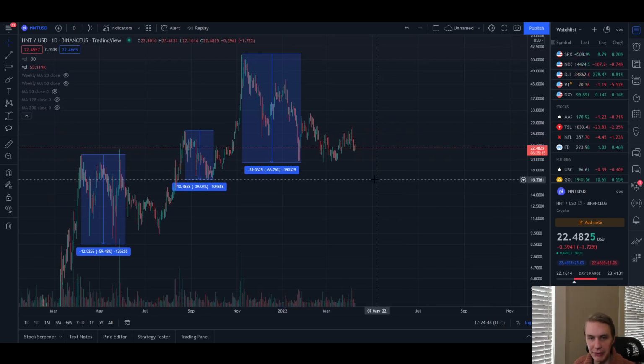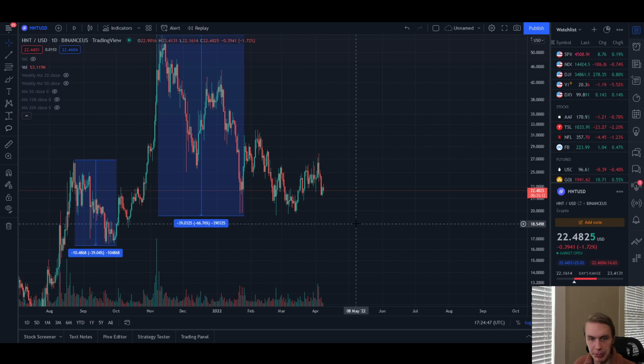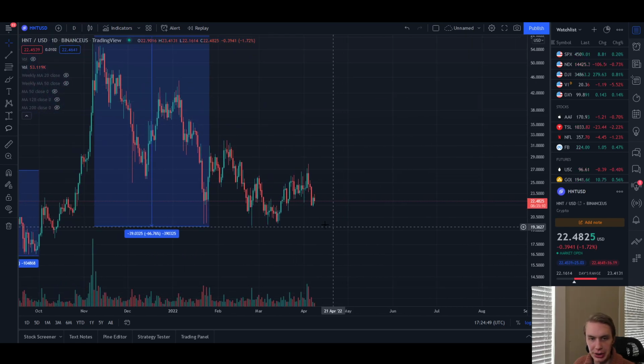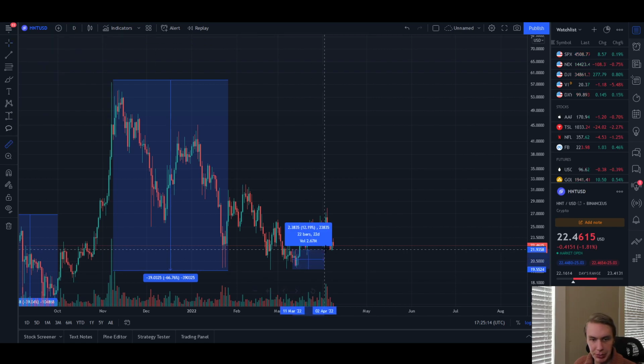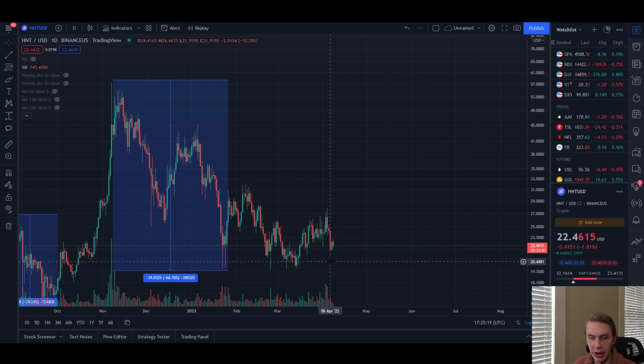But this is where I think if broader market conditions can remain bullish, then HNT might be able to start realizing some of that upside potential. You know, we put in a higher high relative to here. We might be able to put in a higher low at around here. And you'd like to see it continue to start moving back up. And then if the broader market remains bullish, maybe we can go back up and start revisiting some of these higher price levels. And then who knows, if things go well enough, maybe we can break into new all-time highs. But again, given the fact that HNT hasn't moved super crazy off of the bottom here, only up about 15%, whereas some other assets have been up over 100% from the bottoms they put in